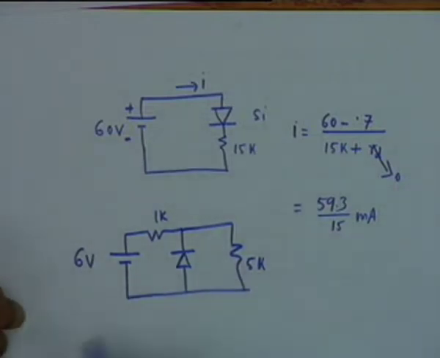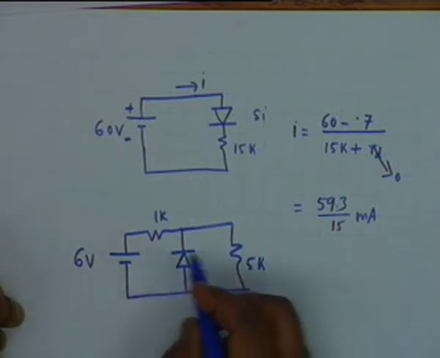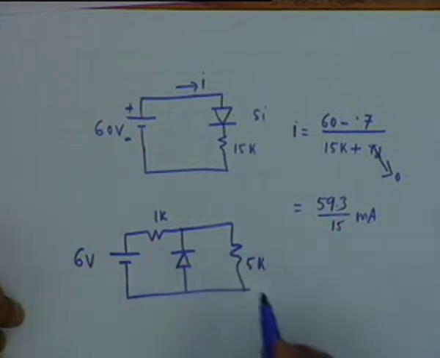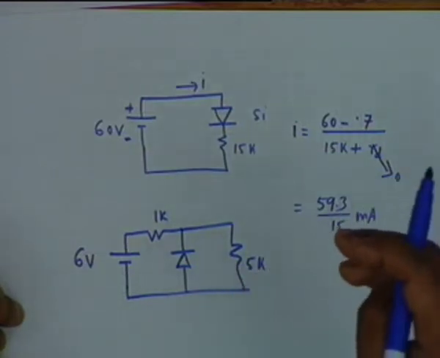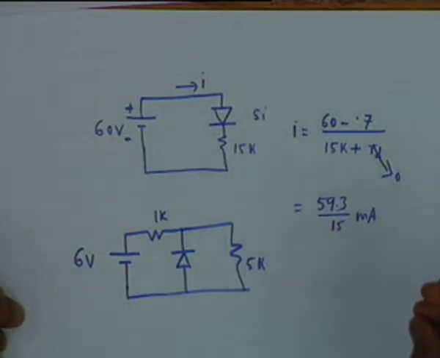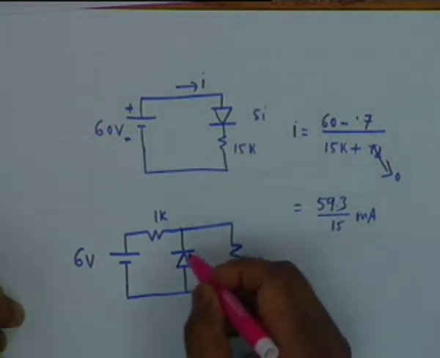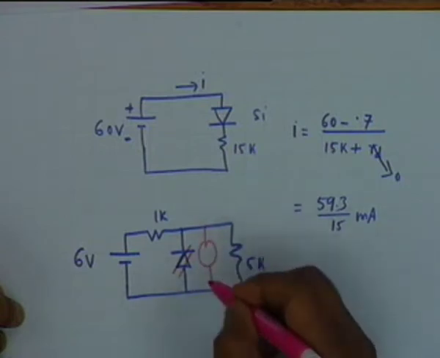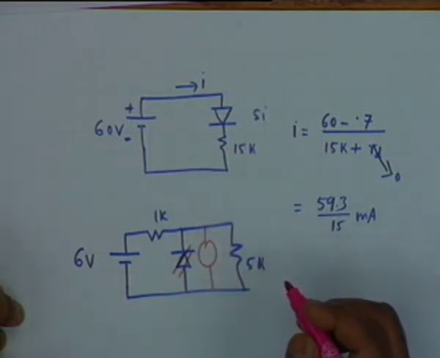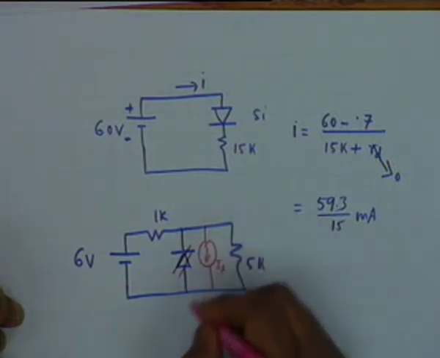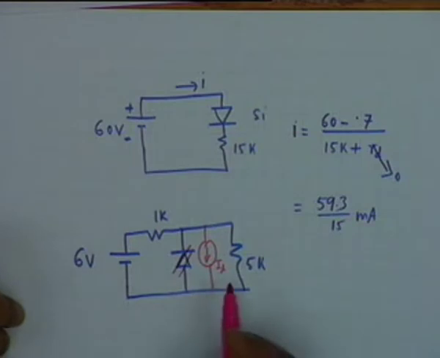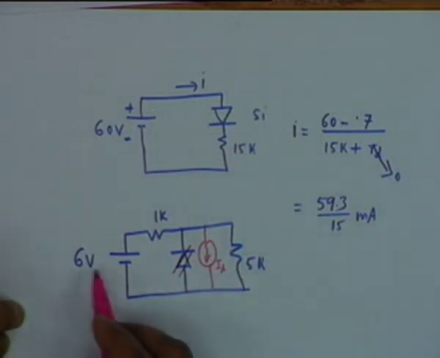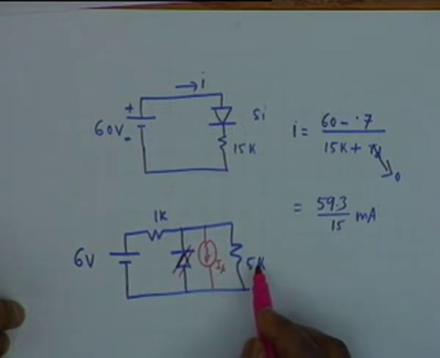If I have a diode like this, then obviously this diode is reverse biased, and in reverse bias you can ignore the ideal diode, the threshold voltage, and the dynamic resistance. So all that you have to do is to replace this by means of IS. Now will it go down or up? It will go down. It is the reverse saturation current, and therefore what you have now is a 6 volt, 1K, 5K and IS, and you have to find out the current through the load, this I.